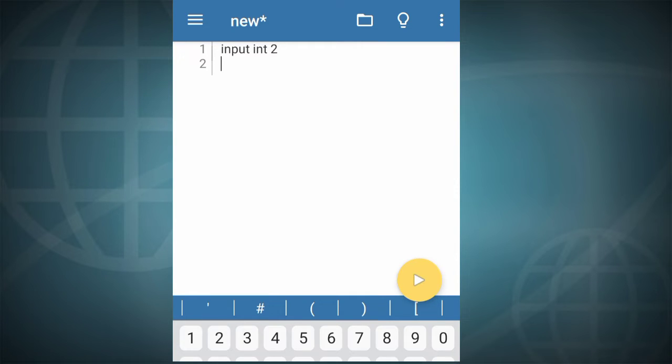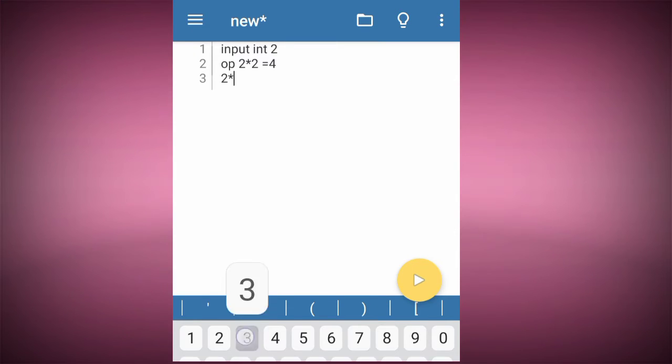After that, we get the output: 2 into 2, 2 into 2 is equal to 4. Then 2 into 3, the output we get is 6.